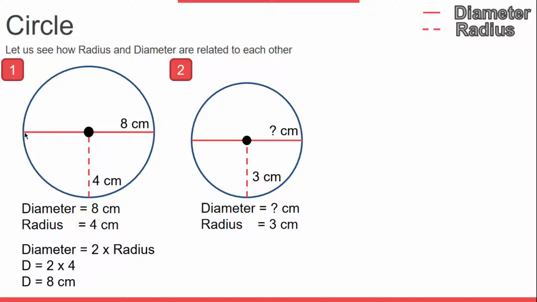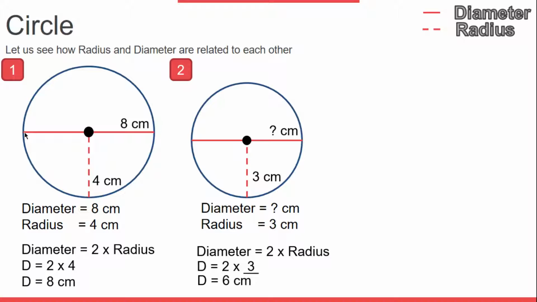Now I know that the diameter equals 2 times the radius, so I need to write the formula. Once I write this, what I need to do is multiply the radius with 2. Okay, so I'm going to write d equals 2 into dash. Now my radius here is given as what? Yes, it's given as 3. So if it is 3, I will multiply this 2 by 3. So the 3 comes, and then I get my answer. 2 multiplied by 3 gives me 6. So d equals 6.